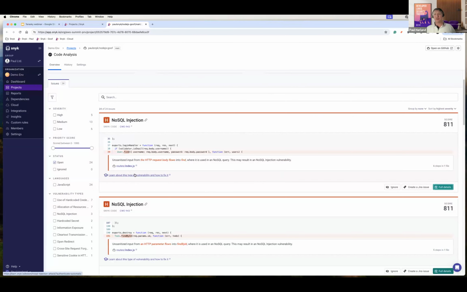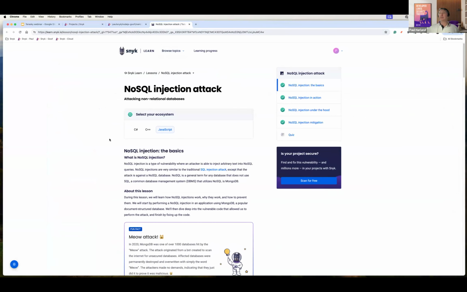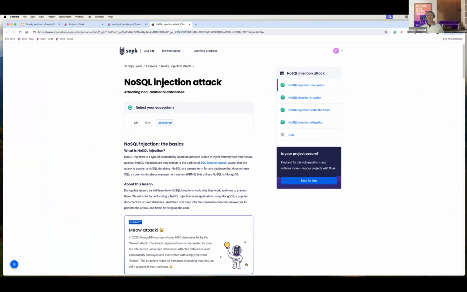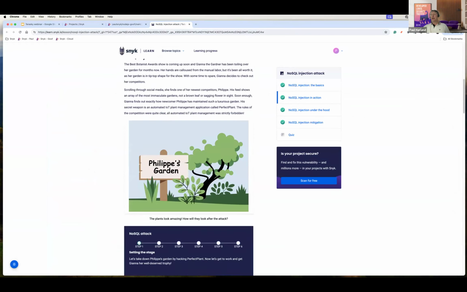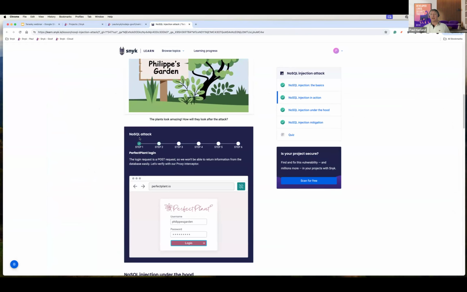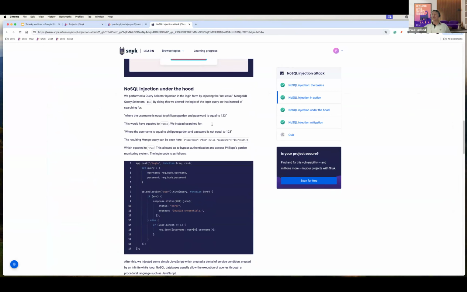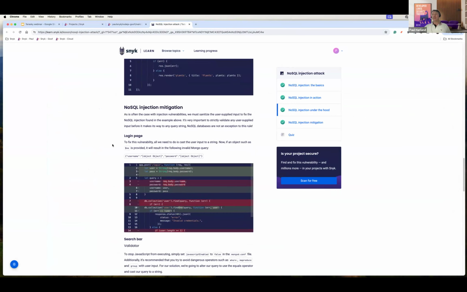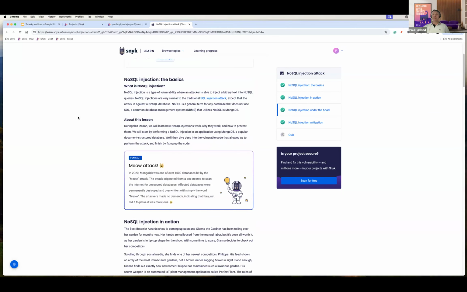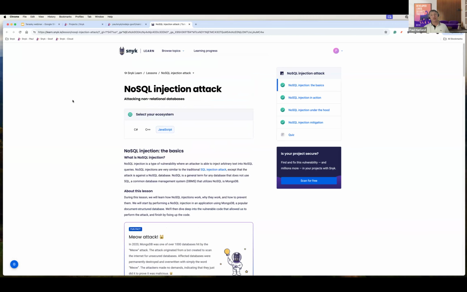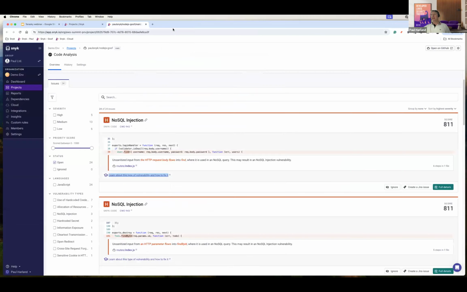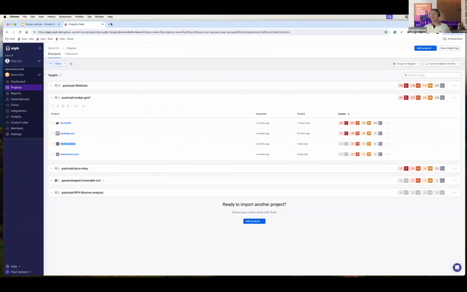But if we're not too sure of what we've been shown there, as a developer, I can go in and take a lesson about NoSQL injection in the language of my choice to understand what it actually is. I can then do a practical lesson where I can learn to actually hack a website with NoSQL injection. And then I can look under the hood to find out what's actually happening and learn how to mitigate that from a base principles type. So we provide these contextual lessons whenever developers come across certain types of vulnerabilities. And here, if I go back to the next part of the project, you'll see a similar thing